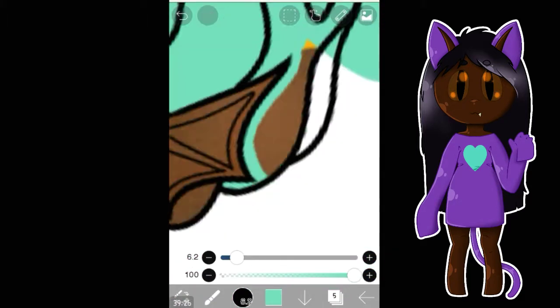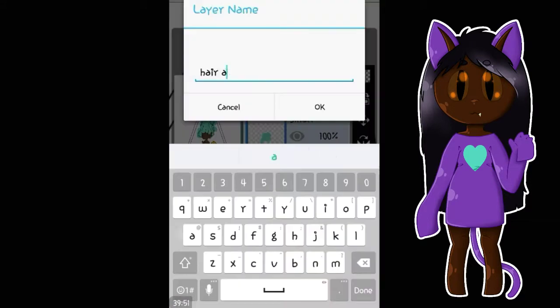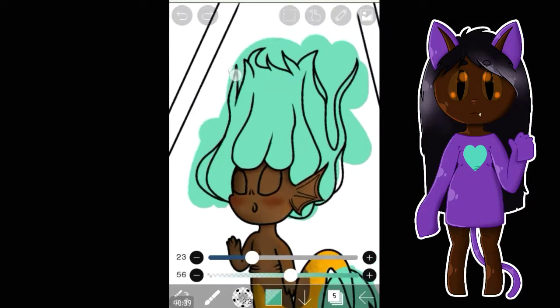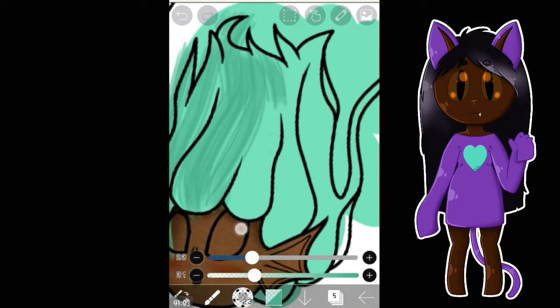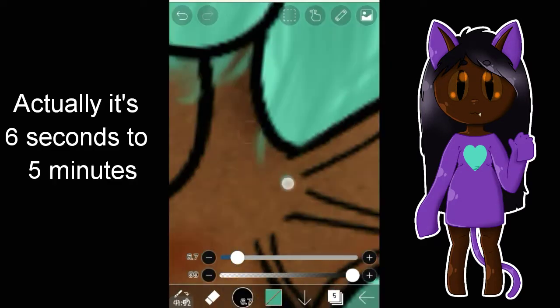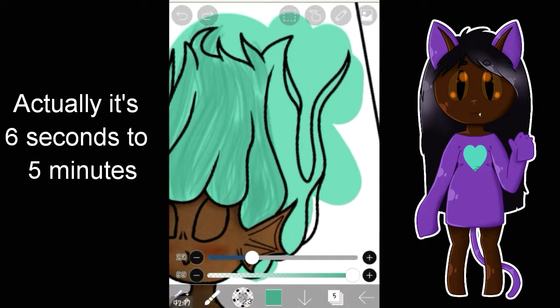Only negative I could think of is I have to speed it up myself, because the in-app recorder, you can choose whether the video is 30 seconds or I think like up to 6 minutes or something like that. Either 6 minutes or 2 minutes, I don't remember. Ugh, that's a very big gap. Anyway,